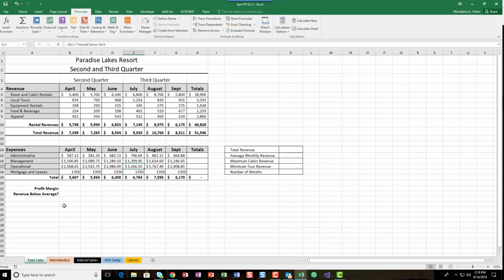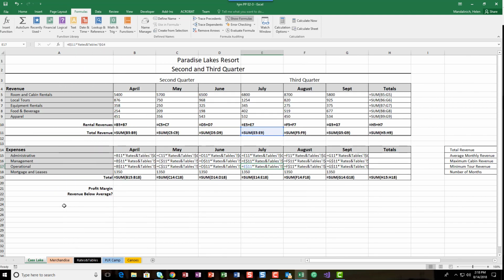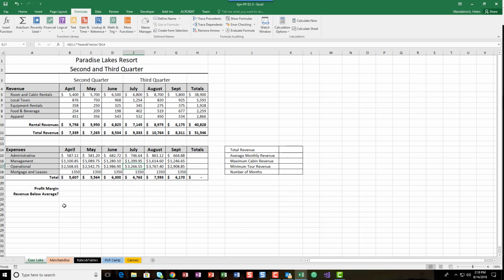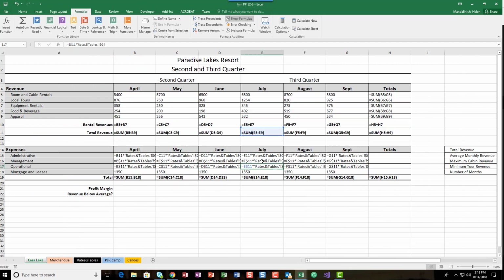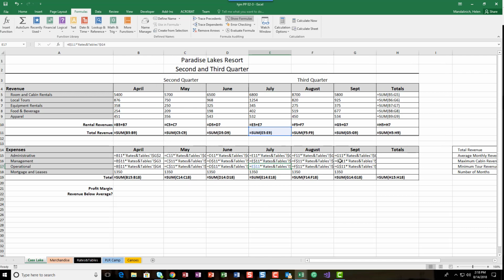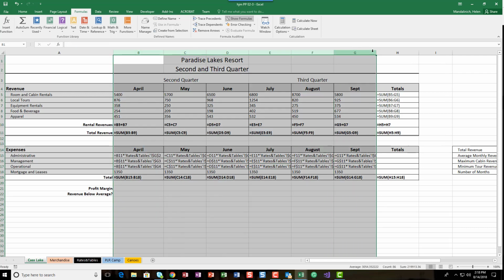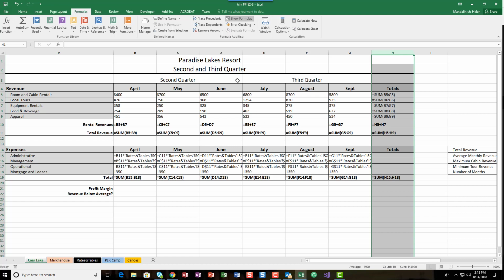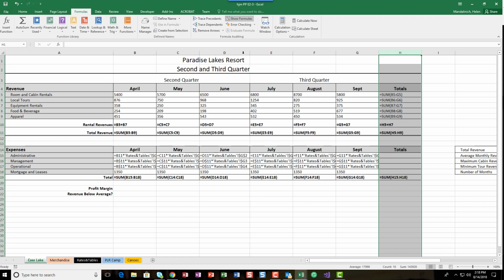So that toggles between showing the formulas and showing the answers. That's what this does. Show Formulas will show you all of the formulas within a worksheet. And this is really nice for documentation. So if I wanted to document all of these formulas, I could print this out then and put it in a book, and